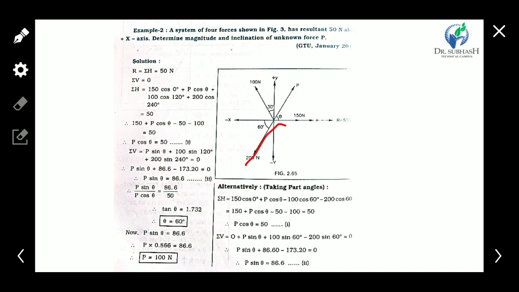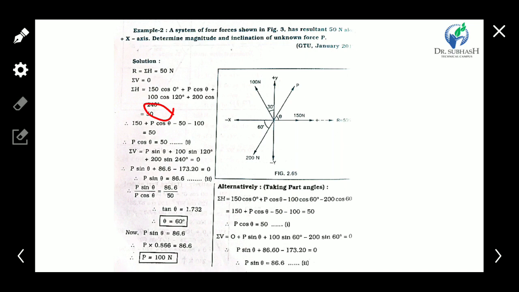In the same way, the force direction is this, so the horizontal component direction is in this way, so it's also negative, negative 200 cos 60. Okay. So the alternate method is easy, and this method is also easy. It depends on you which method you choose. In the alternative method you have to consider the positive and negative signs precisely. You can use both methods, and both methods are easy, not too lengthy.